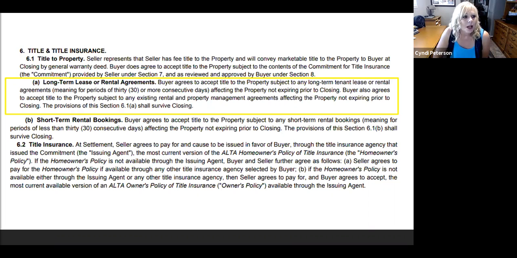So that was kind of off of this a little bit, but I did want to mention that to you. So long-term lease and rental agreements, again, we just talked about that, but if you decide to accept an offer and it does have a long-term lease or rental agreement, basically longer than 30 days, then the buyer agrees to accept that,